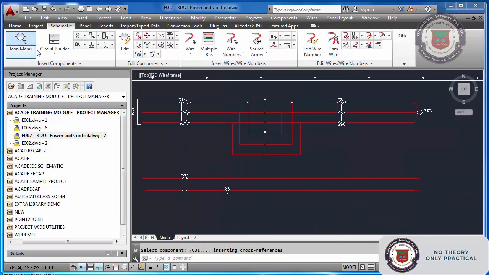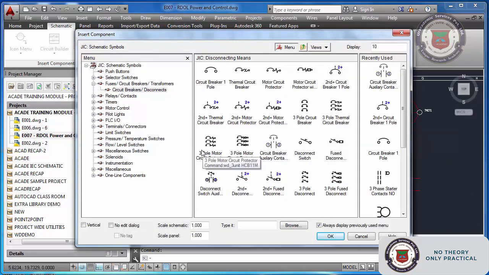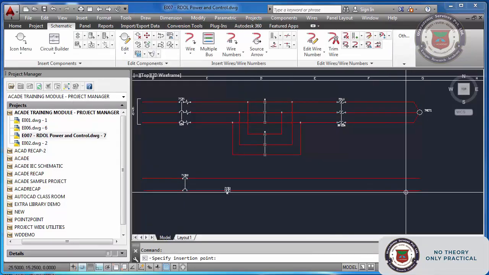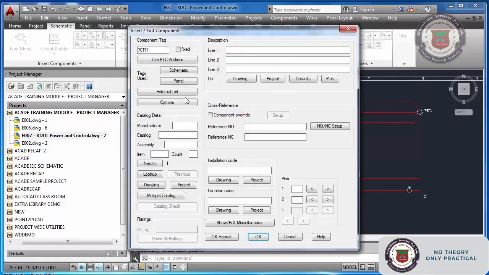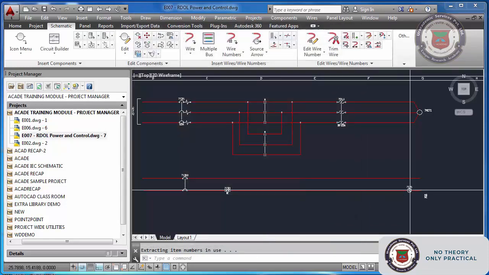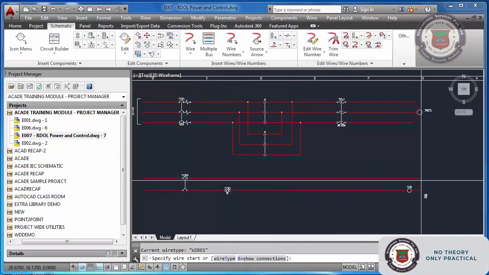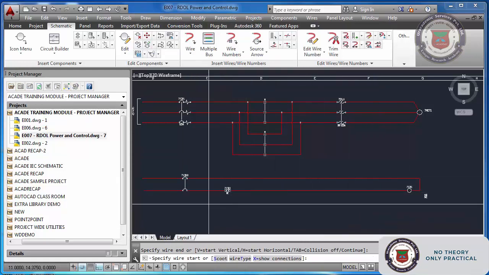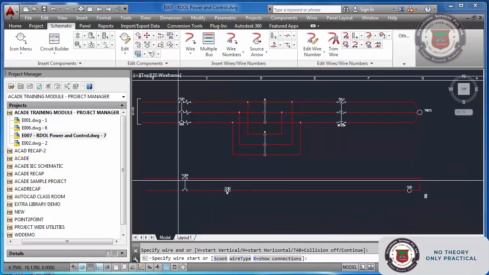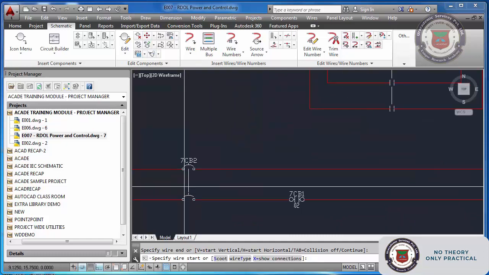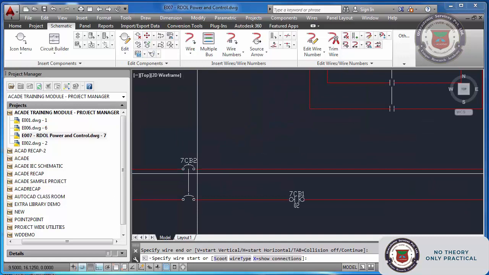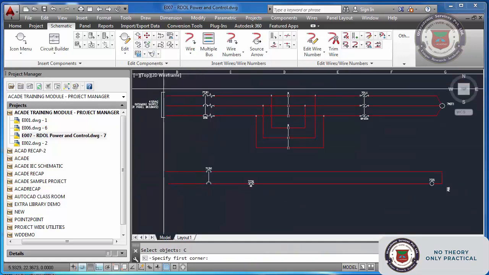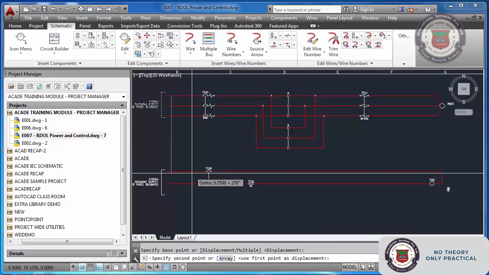Now I will insert a control relay coil. I will insert it here. 7CR1. Fine. I will connect these two here. Now what happens is, this is my control circuit breaker, and in fact what I will do, I will copy this portion here.